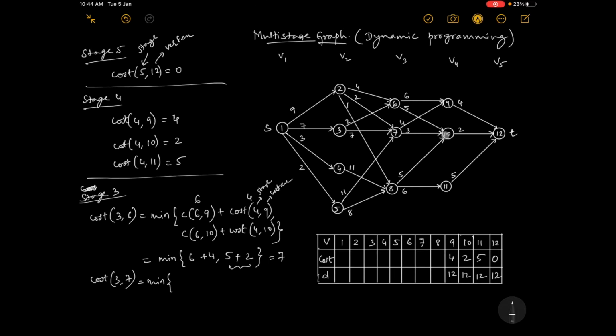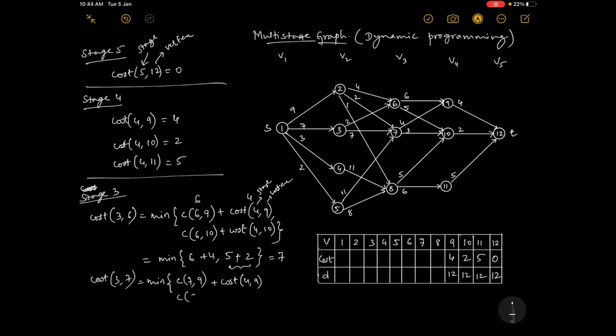So two paths. So again, how will you write it? C of 7 comma 9 plus cost of stage 4 comma 9,